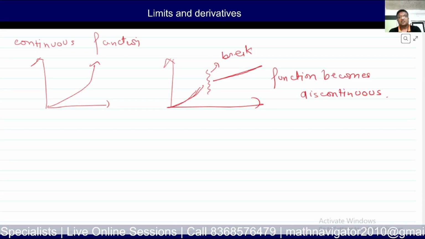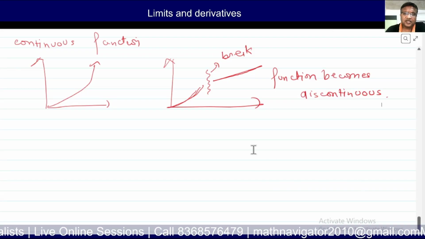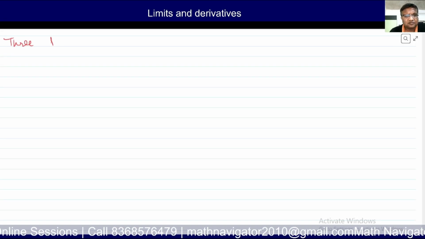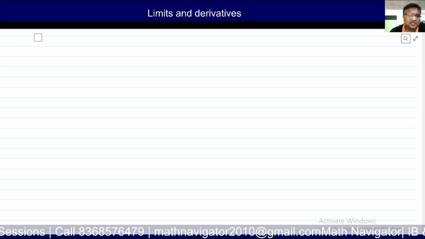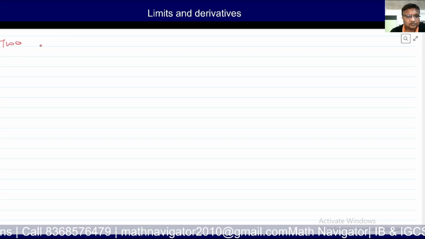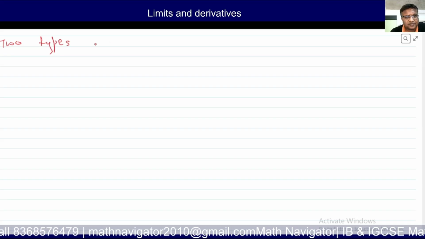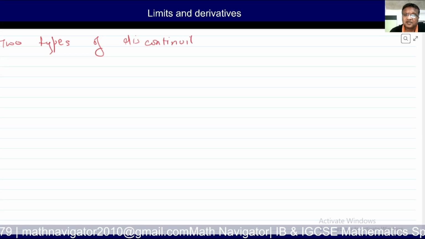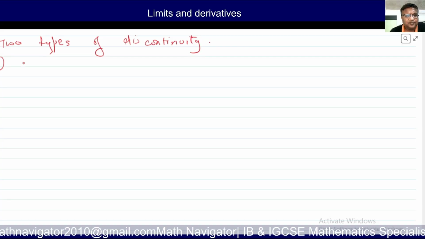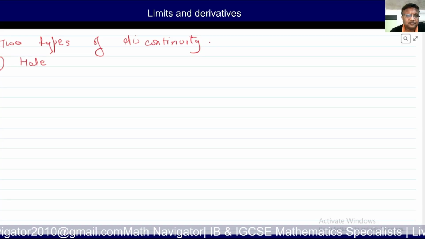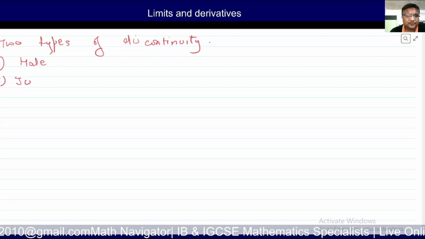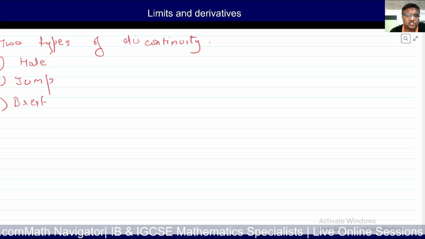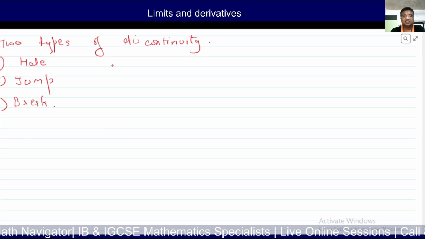Discontinuous. Got it? So now there are 3 types of discontinuity. Basically 2 types of discontinuity, you can say. First is fall, second is jump, and third is break. What is fall, jump, and break? I'll give you the example. Let's say